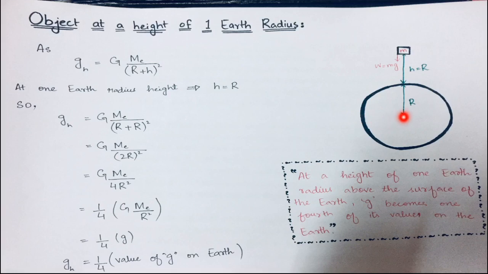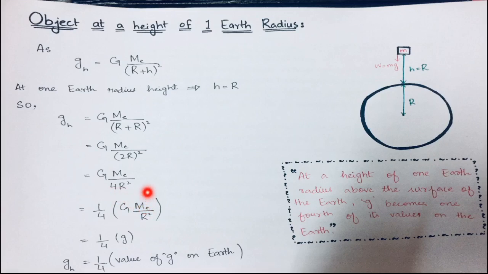Now if I am placing an object at a height of 1 earth radius, then h is equal to R. So I'll write R instead of h. R plus R is equal to (2R) whole square, and when I'm squaring it, it will be GMe divided by